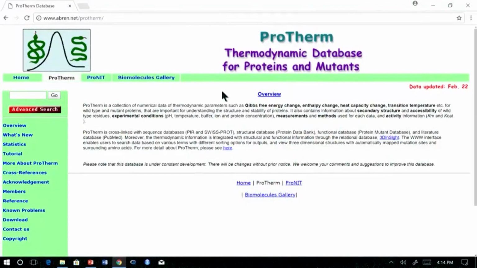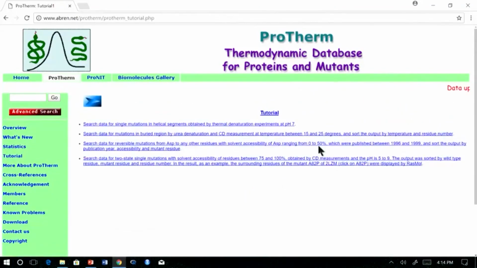This is the website for ProTherm. Here you can see the links with other databases like ProNet or Biomolecules Gallery. On the left side you can see the major aspects of ProTherm. You can see the overview, the major contents of this database and what we can obtain from it. Here we update what is new, and the statistics page. Here we give a few tutorials. You can see the details of how to retrieve data from the ProTherm database,